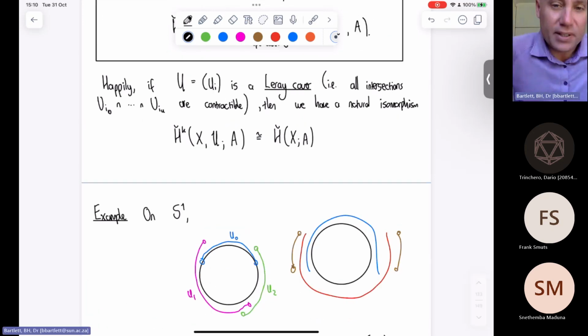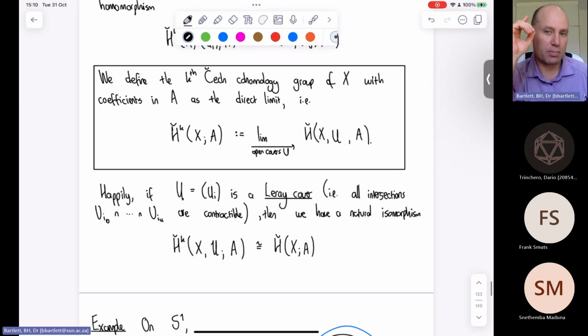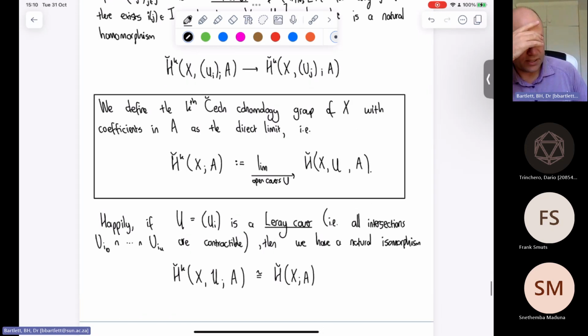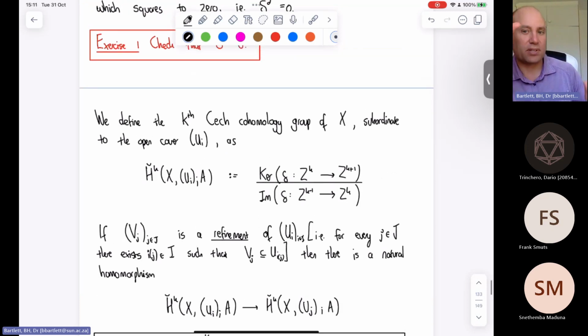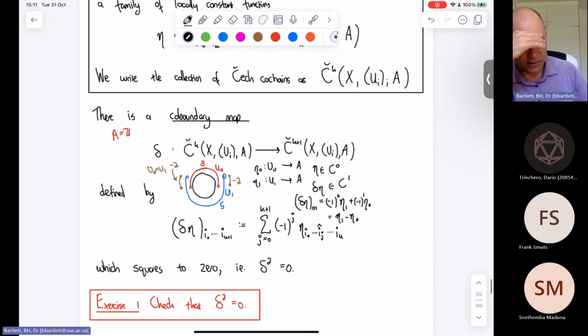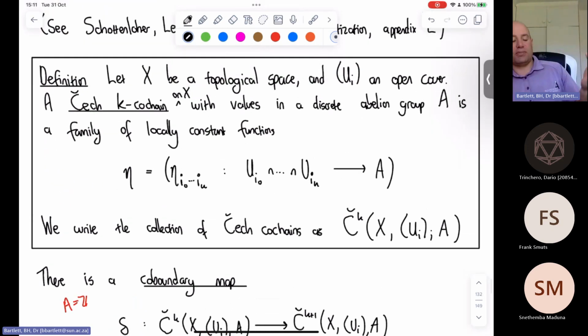Okay, so just starting again. A reminder, we spoke about Čech cohomology groups of a topological space. What is it? Well, you have a bunch of abelian groups, and then you have a kernel and an image, and then you do a quotient, and a Čech cocycle. So to compute the kth Čech cohomology of a topological space, you have to start off with a